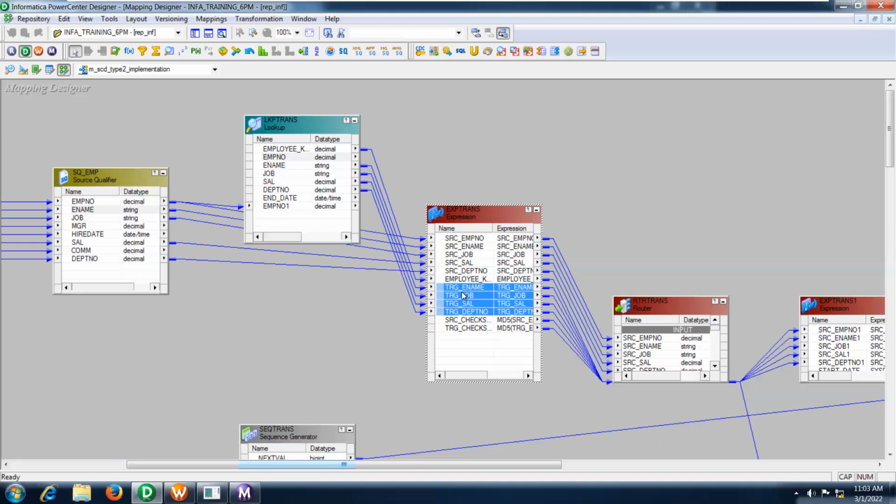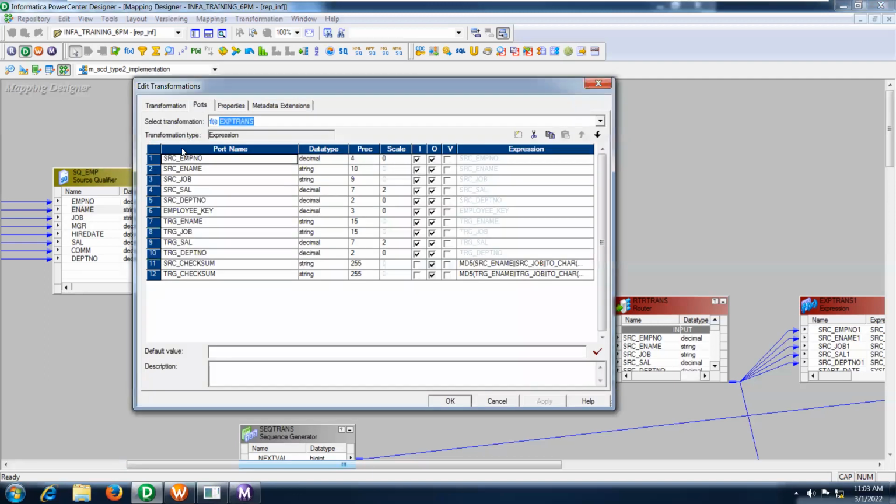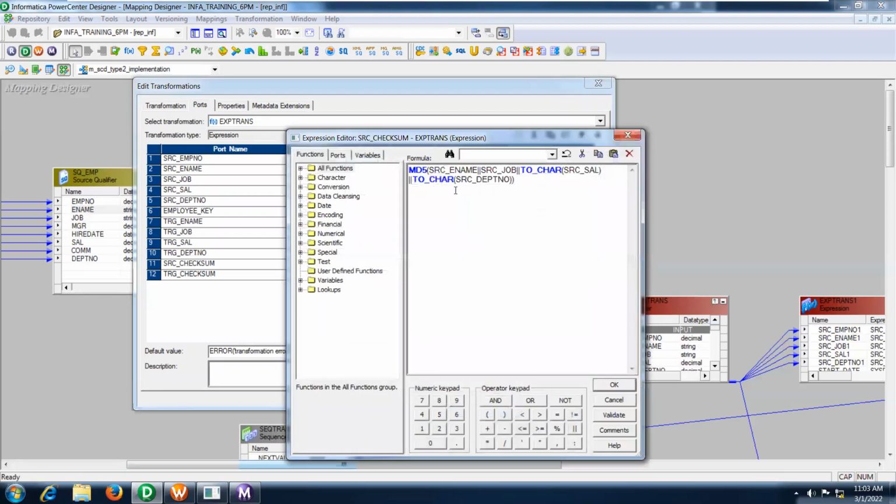Now, once these things are completed, you just create SRC checksum and TRG checksum. Let me show you what SRC checksum and TRG checksum are. See, this is SRC checksum.